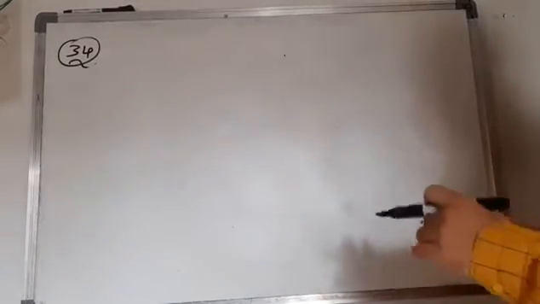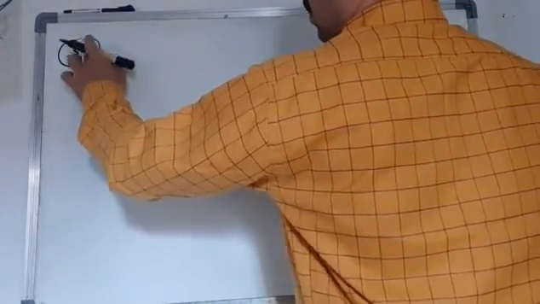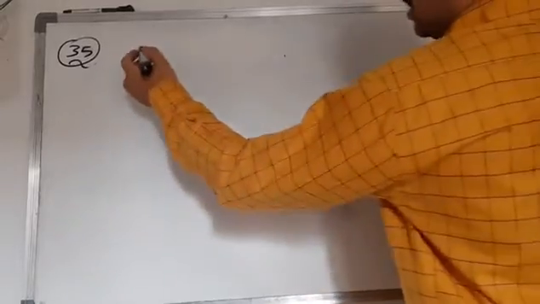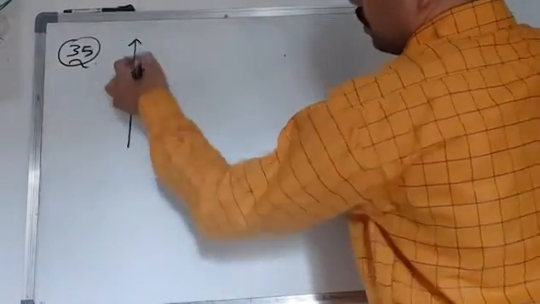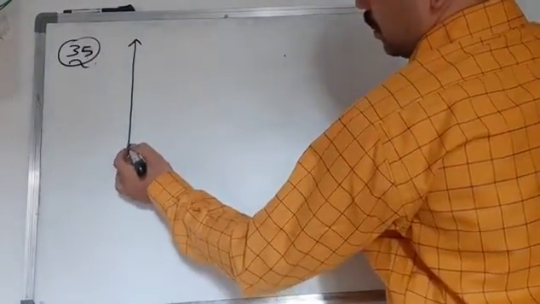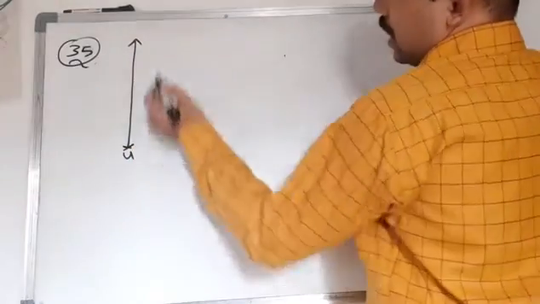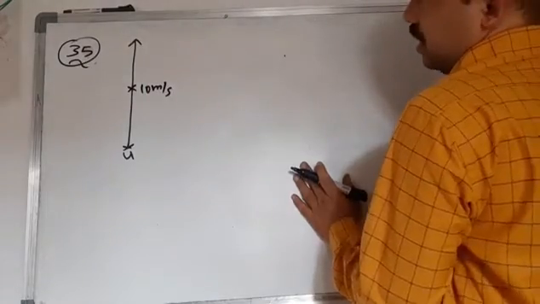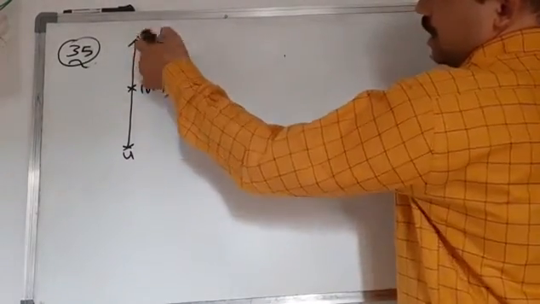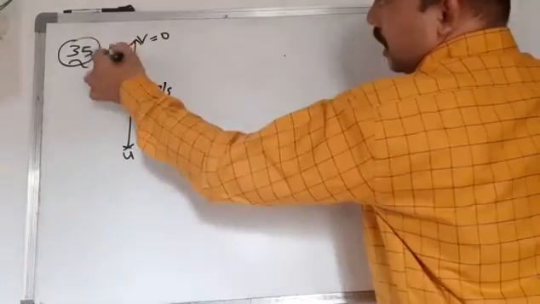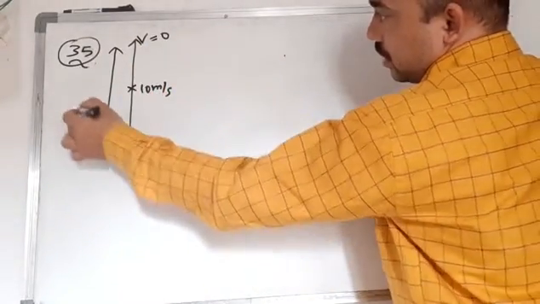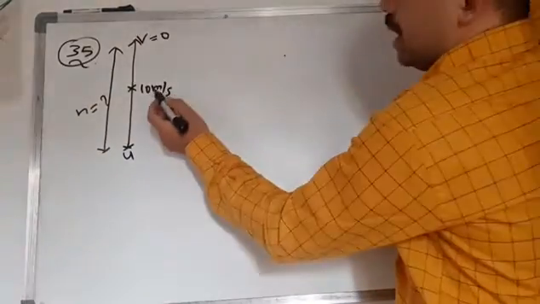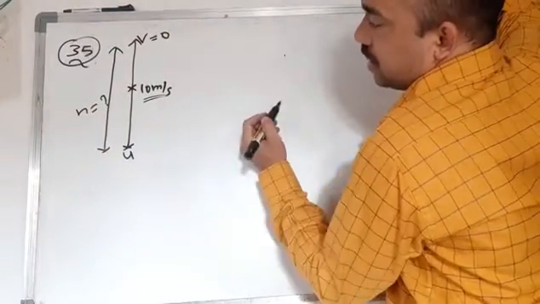Now 35th question. So what he is saying means, a body is vertically projected up with velocity v. In between it is getting 10 meter per second velocity, and final velocity at maximum height is 0. What is the total height he is asking? At midpoint its velocity is given as 10 meter per second.